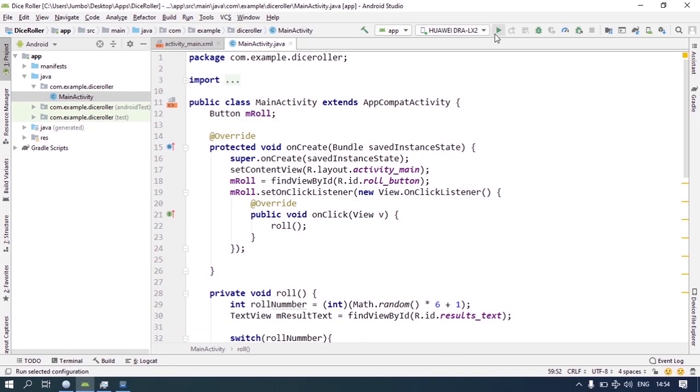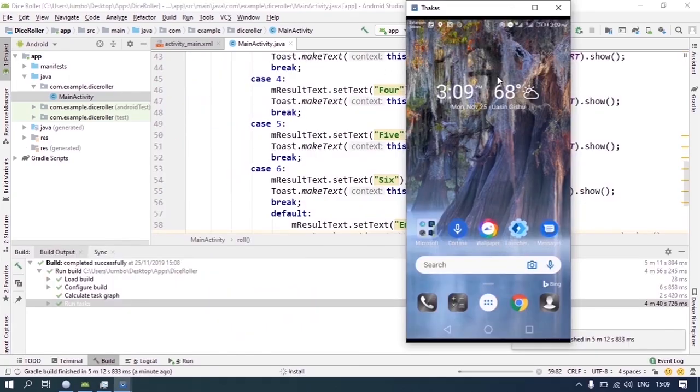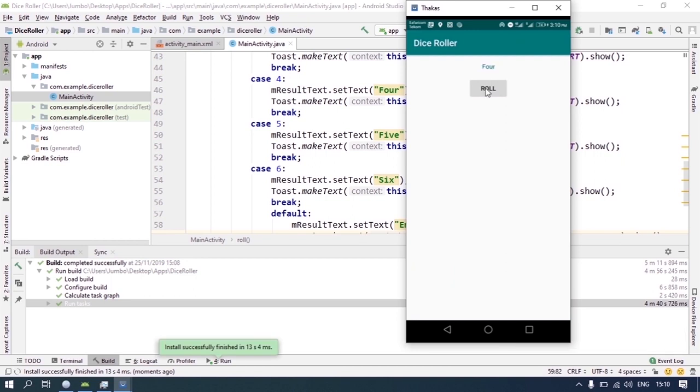Yeah, let's do that. Let's run it. So yeah, our app has finished building and it's now installing. Once we click on the roll button, we see a toast down there. We also see a text view here, and yeah, it's working, only that we don't have the dice image. And now what we'll be doing, we'll be adding the dice image, and also we'll be adding 6 dice images, so that with every roll, with every case, there is an image to be displayed. And so to do that,